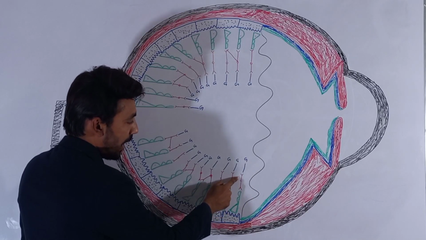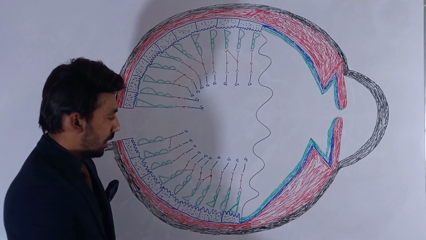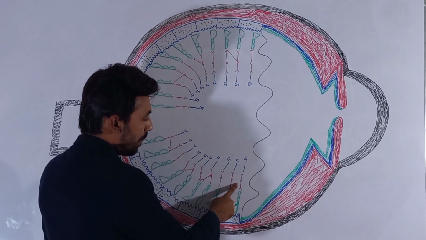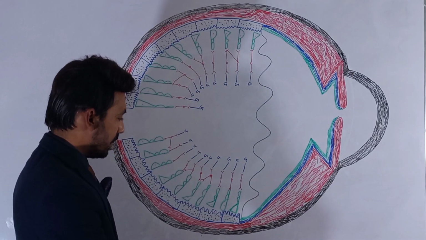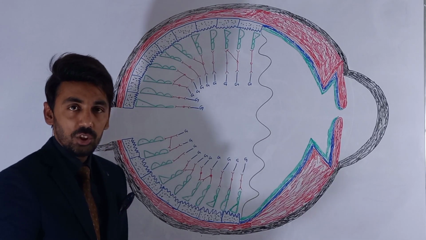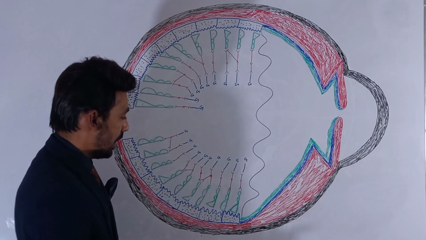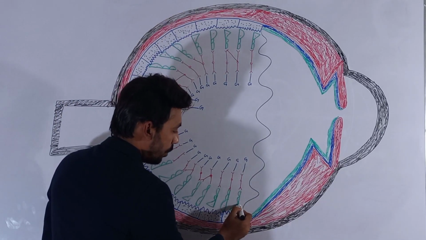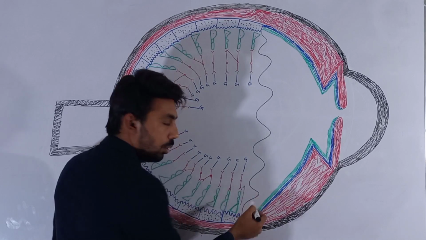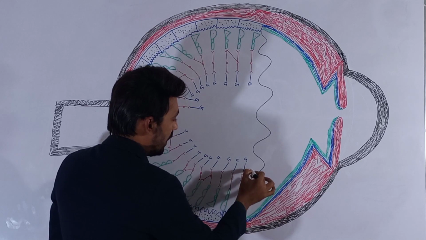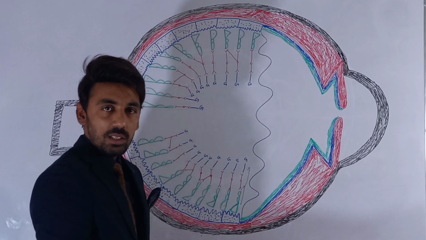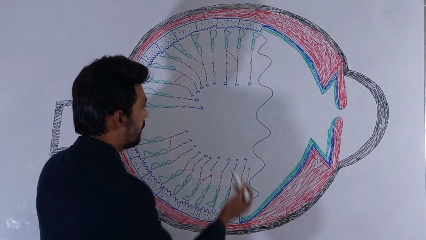And then in the red marker, we have the bipolar cells. And with the bipolar cells, we have the ganglionic layer, right? And the action potential, the gradient potential or the local potential, is moved from photoreceptor cells towards the bipolar cells, and from the bipolar cells towards the ganglionic cells, right?